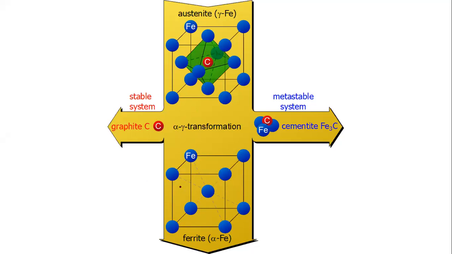If you cross the temperature, one type of structure is converted into another type. If you maintain the temperature, it is stable. Otherwise, it is not maintained. That is a metastable system. So the important point here is either formation of graphite or formation of cementite. What is the difference between the graphitization mechanism and the cementite mechanism? The graphitization mechanism is mostly important to improve the strength of the existing material. So you can maintain the temperature between austenite and ferrite, and it is possible to carry out the graphitizing method as well as the cementite method.